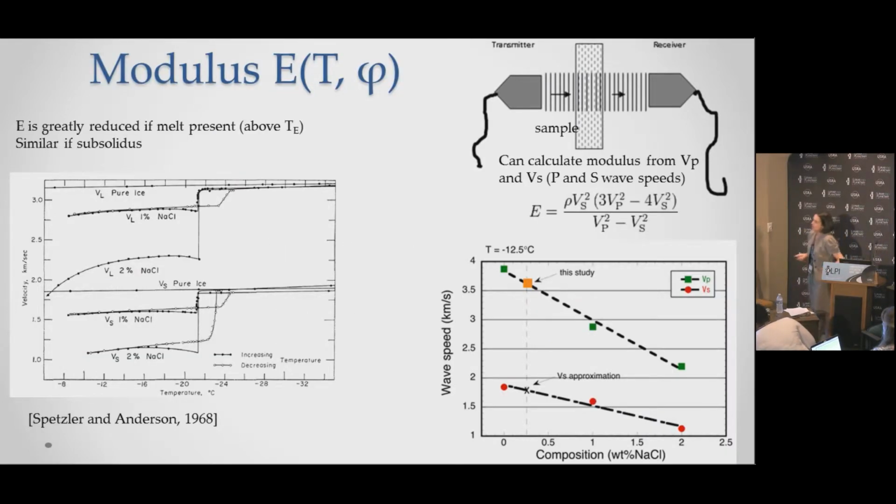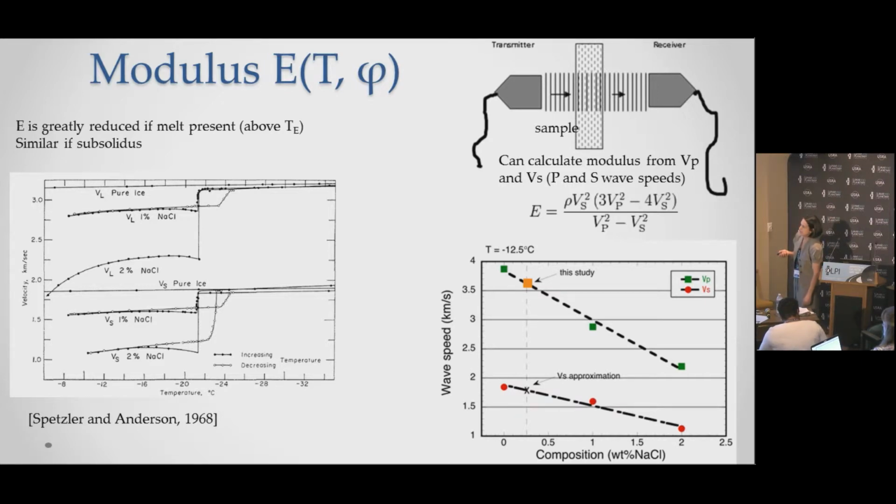So the first that I wanted to talk about, just very briefly, is elastic properties, for instance, Young's modulus. You can measure it a variety of ways. One of the common ways, though, is a non-destructive way in which you have a transducer and a receiver, and you send both P and S waves through the sample, measuring their velocities, and you can come up with this relationship for modulus. And this is just one representative